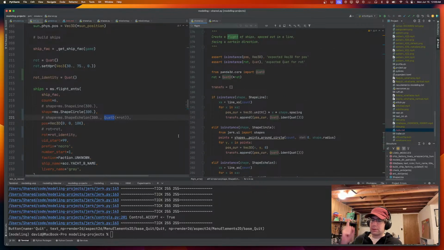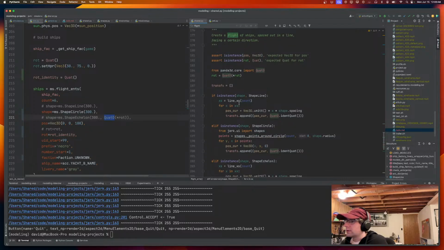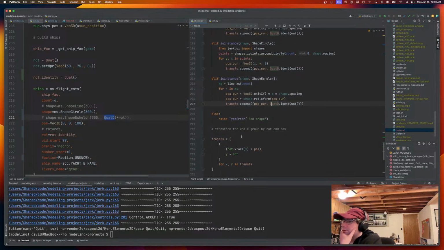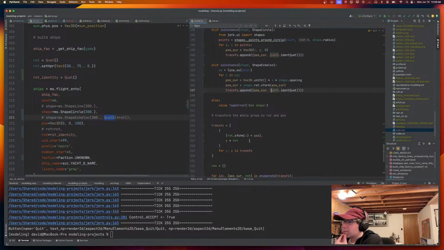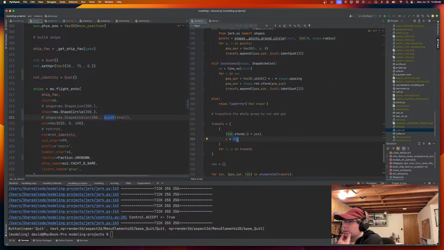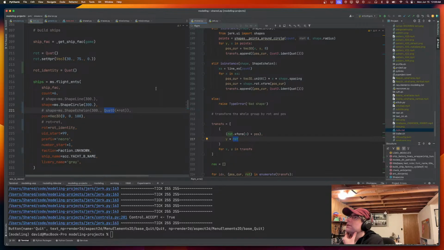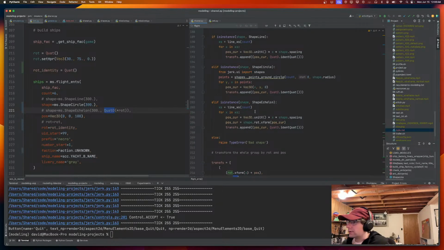Because see, what I want is I want them to be oriented pointing up, but in a circle that's parallel to the XY plane. So let's see here, and then we're transforming the whole group. Yeah, so we want to add